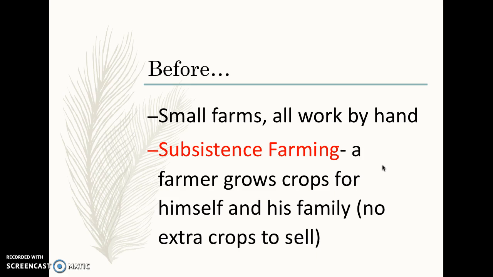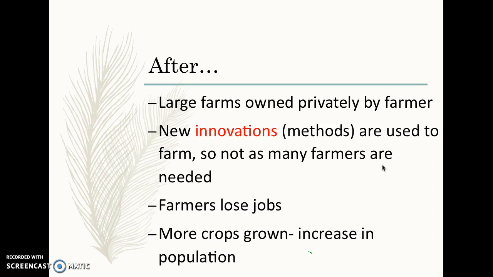The first big time we really see this happen is the Neolithic Revolution from last year, where you talked about new people settling down by rivers and starting to farm. So not much has changed since then, until the 1750s, on the next slide, where we talk about the changes. So after the Agrarian Revolution, now we're not going to have small farms, we're going to have large farms, and they're going to be much bigger, and they're going to be owned privately by one farmer. So one farmer is going to own like a ton of farmland and use that.